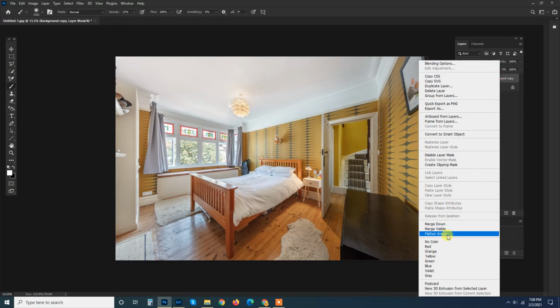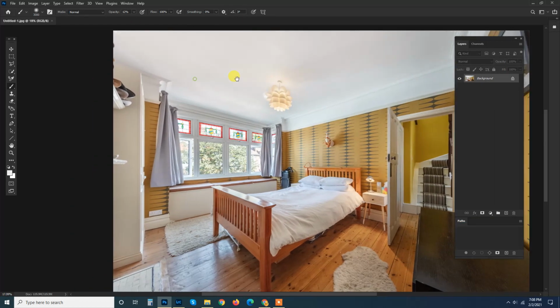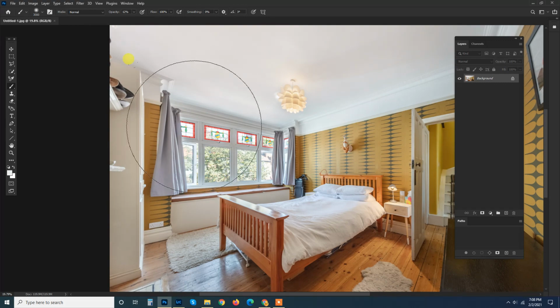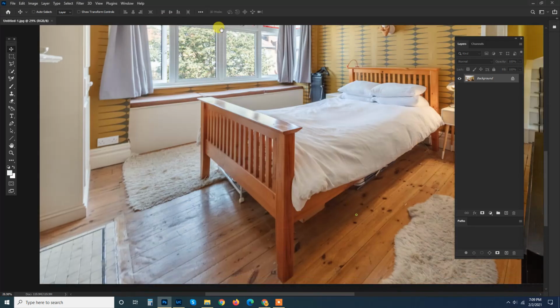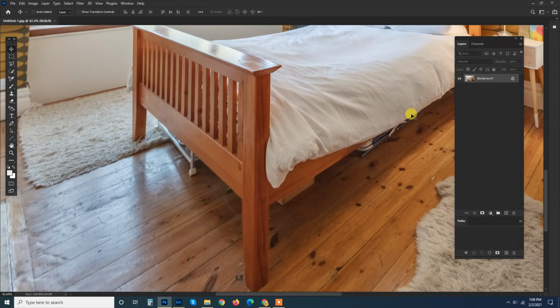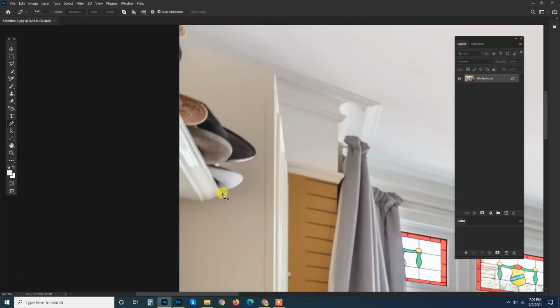Merge the layer. Now it's time to do stamping. Like you can see, these shoes can be removed from here, and this item underneath the bed can be removed. So let's just remove it. Firstly,